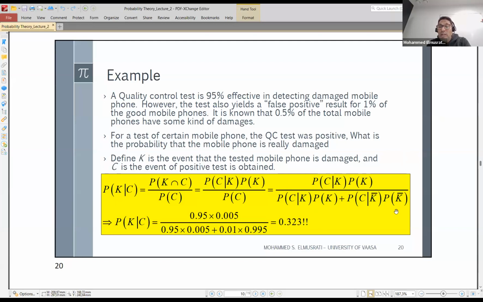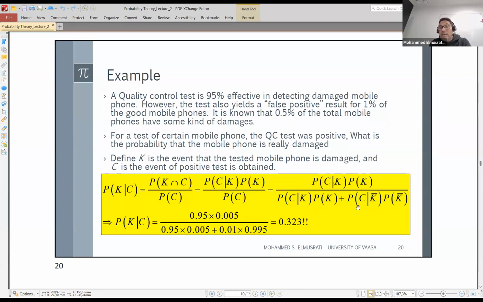Now, if you look at this formula, let us collect the numbers from the example. The probability that you receive a positive alarm given that the mobile is damaged is 95%. It is the efficiency of the quality control in detecting damaged mobiles, so it is 0.95. What is the probability that you have a damaged mobile? As given here, 0.5%, because from statistical analysis, 0.5% of all mobiles have some problems. So we multiply this by 0.005, divided by the first term, which is exactly the same as the above term, plus